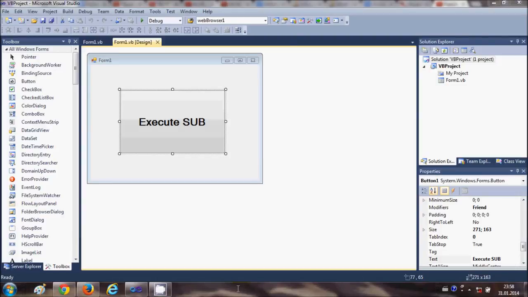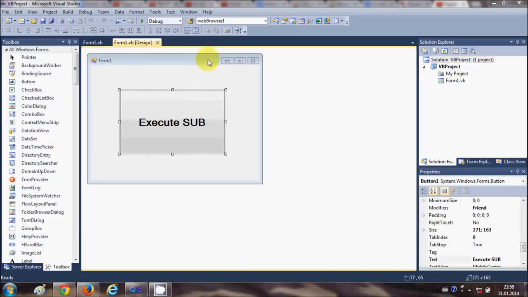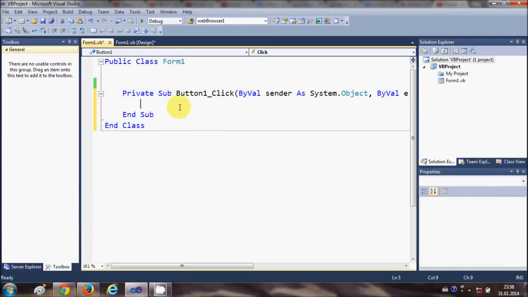In this video, I will show you how to use user-defined subs with your Visual Basic Windows Form application. So I have created this simple Visual Basic Windows Form application project, and I have taken a button and changed the text of this button to "execute sub". So make a project and just take a button here, and if you want, you can change the text of this button. And now I will double click this button